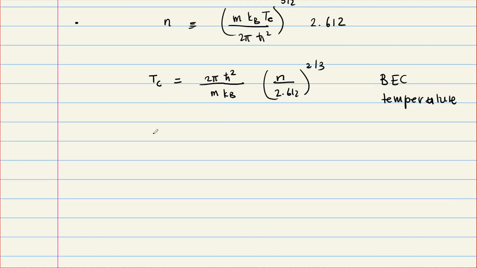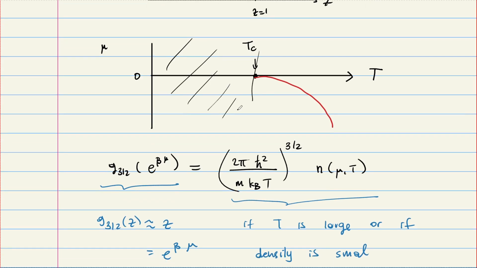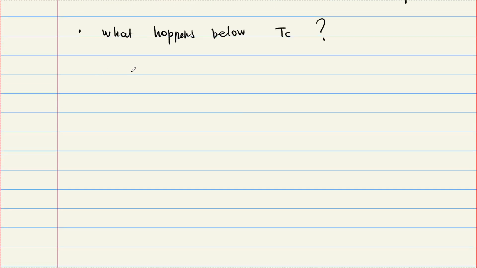And below Tc, so the question is, what happens below Tc? Any suggestions? So at Tc, this is what I obtained, right? But below Tc, the chemical potential is 0. And then what happens? Exactly, right? It looks like some black hole here, but what happens is that all the particles are in the ground state. At least that's what Einstein said. So Einstein's suggestion was that all